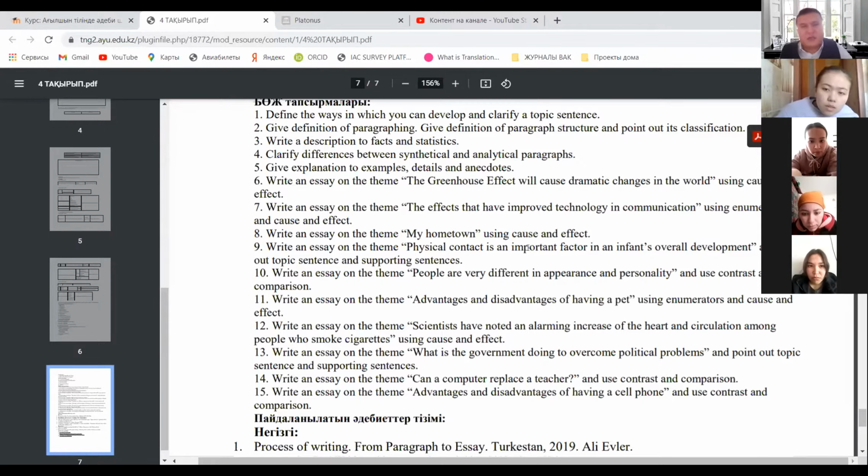Okay, let's take the 7s. The effects that have improved technology in communication. Yeah, it's a little bit of a connection with our cause and effect essay writing, yes? Yes. So let's take the effects that have improved technology in communication. Now use the tips of our teacher from an English speaking country. Paraphrase, change the structure, and